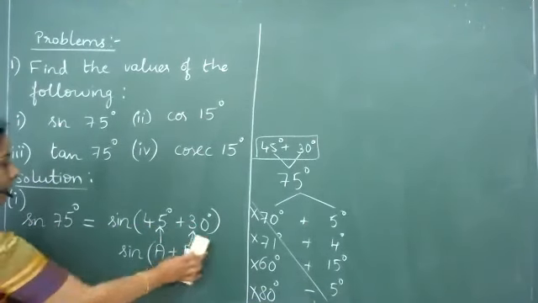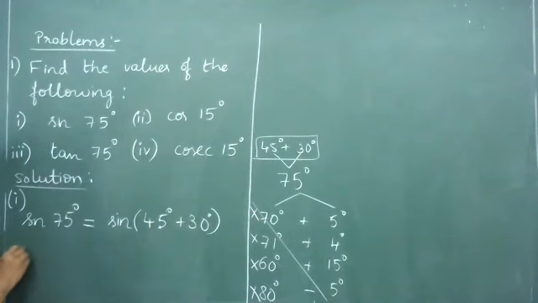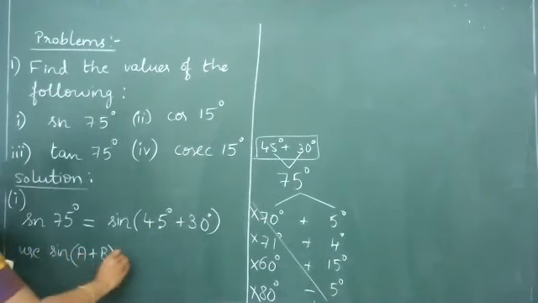And what is sine of A plus B given by? We use sine of A plus B, the first compound angle formula, which is given by sine A into cos B plus cos A multiplied with sine B. Now to arrive at the value of sine 75 degrees, I shall be substituting A equal to 45 degrees and B equal to 30 degrees. I will go ahead with the replacement for A and B in the sine of A plus B formula considered.